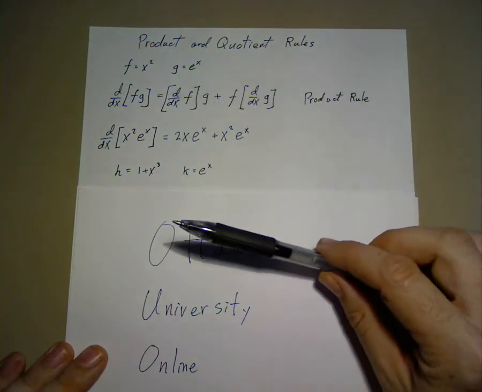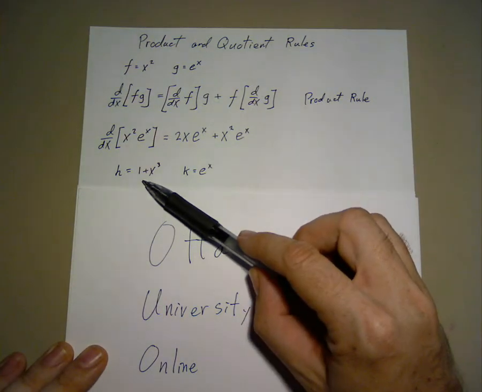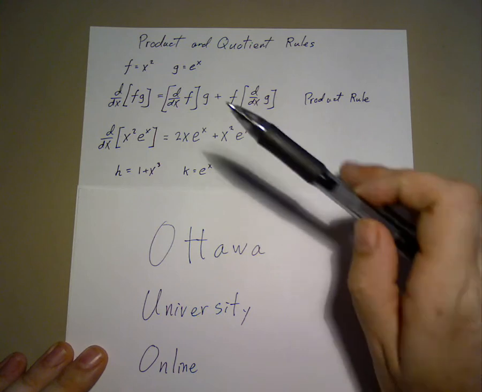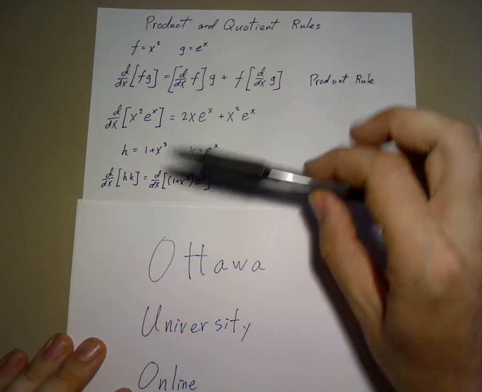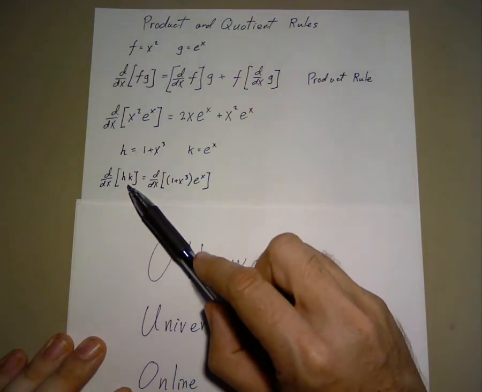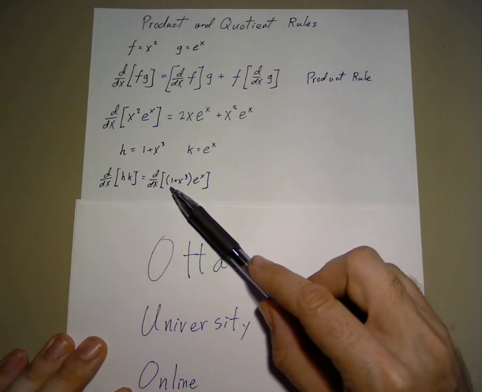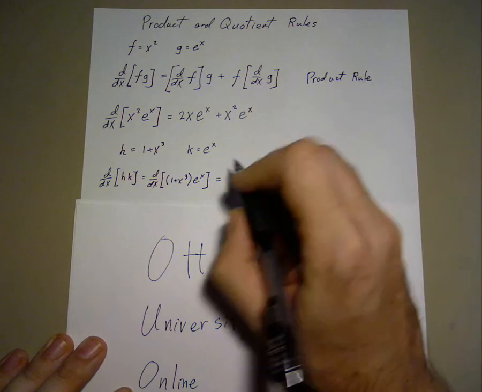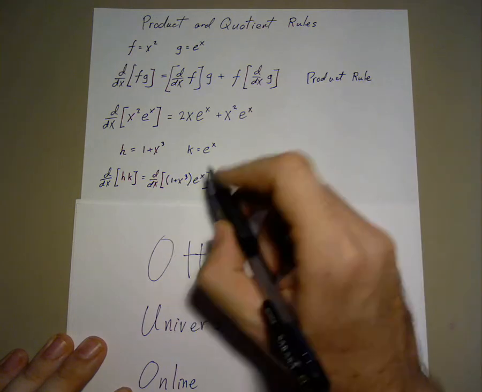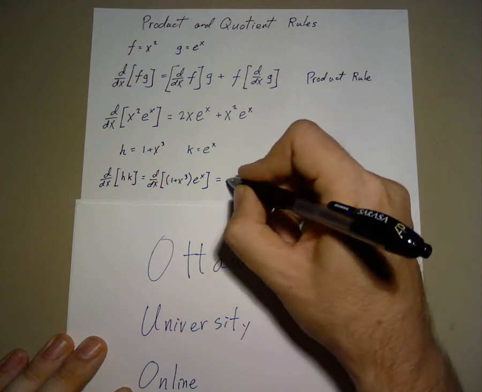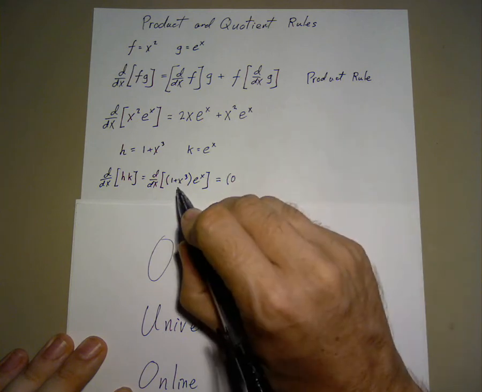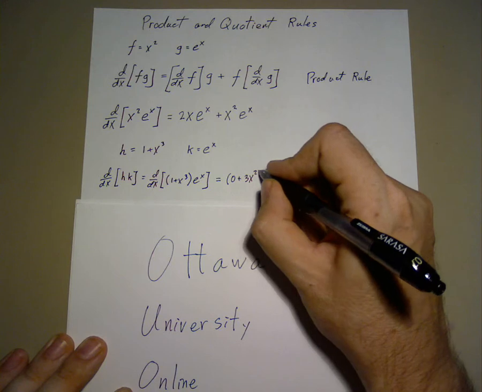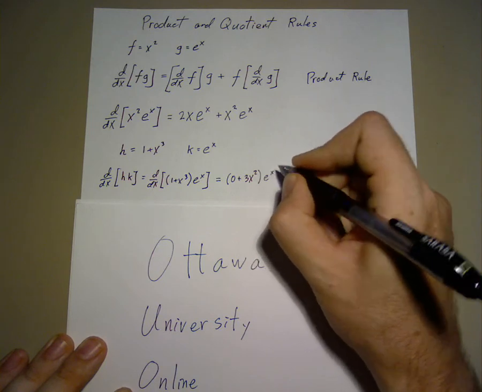If we want to try a different example, we'll let function h be 1 plus x to the power 3 and k equal e to the power of x. The derivative of h times k is the derivative of 1 plus x cubed times e to the x. To evaluate this, we first take the derivative of 1 plus x to the power 3, which is, the derivative of 1 is 0. The derivative of x to the power 3 is 3x squared times our second function, e to the x,